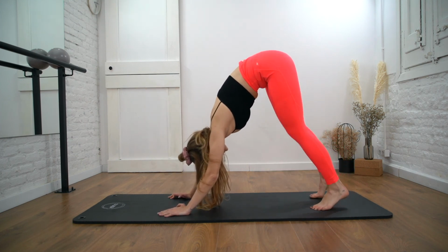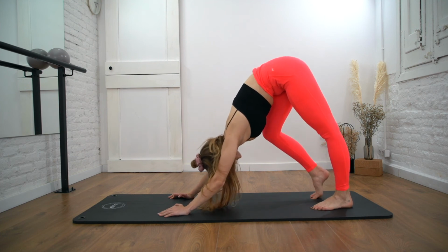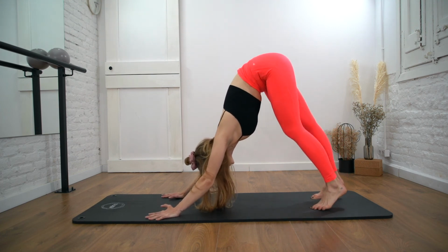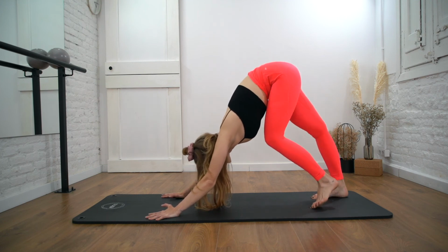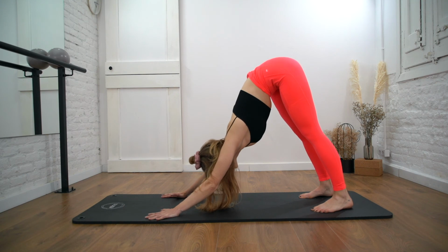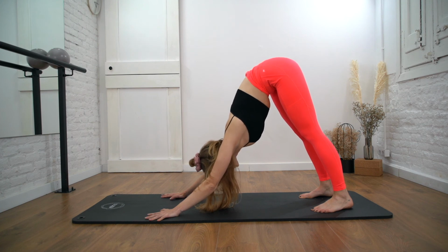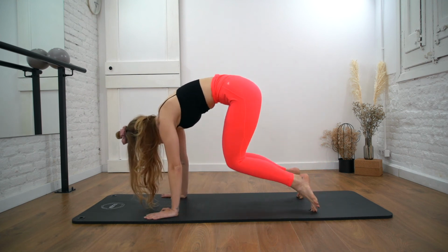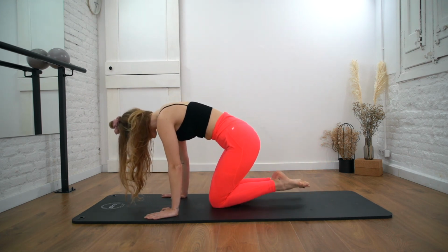We're gonna press one heel at a time into the mat. Keep your shoulders away from your ears here. And press both heels into the mat as low as you can. Keep it here for 3. And last 1. Round your spine, shift your weight towards your upper body, come back down,